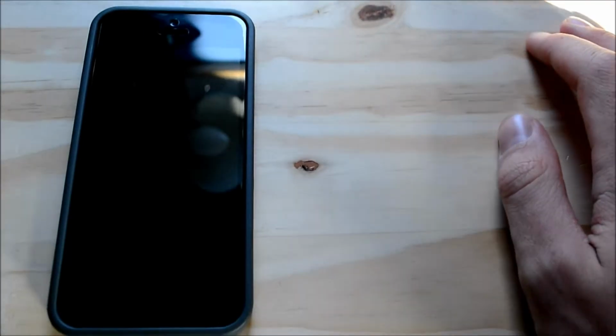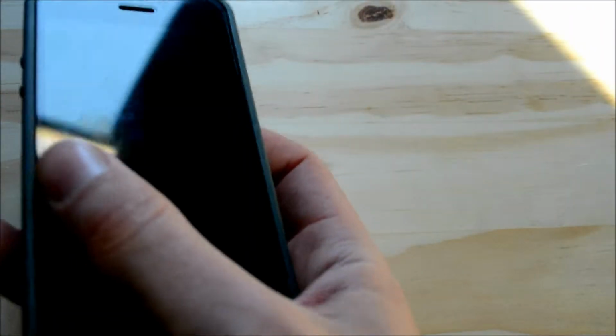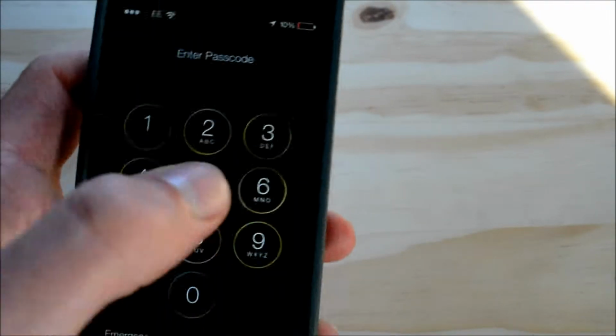Okay guys, so a quick apology, I forgot to put this part in the first video, but I'm just going to do a quick cut in here to show you this feature. So what I'm going to speak about quickly here is the multitasking feature. So if I just unlock my phone here,